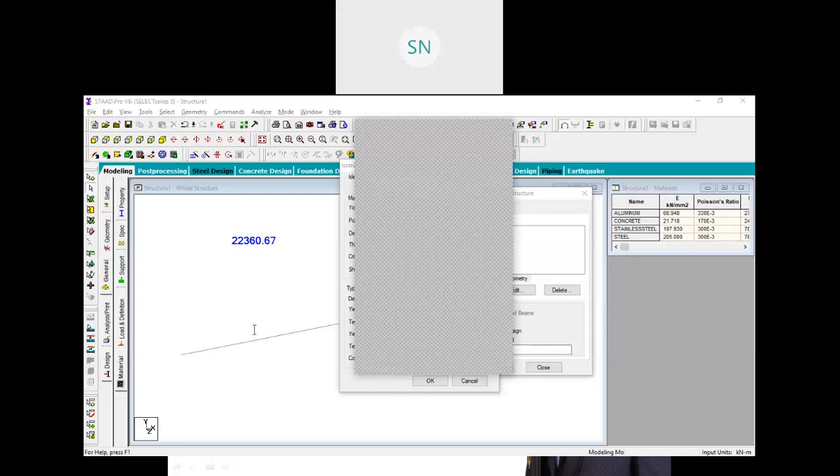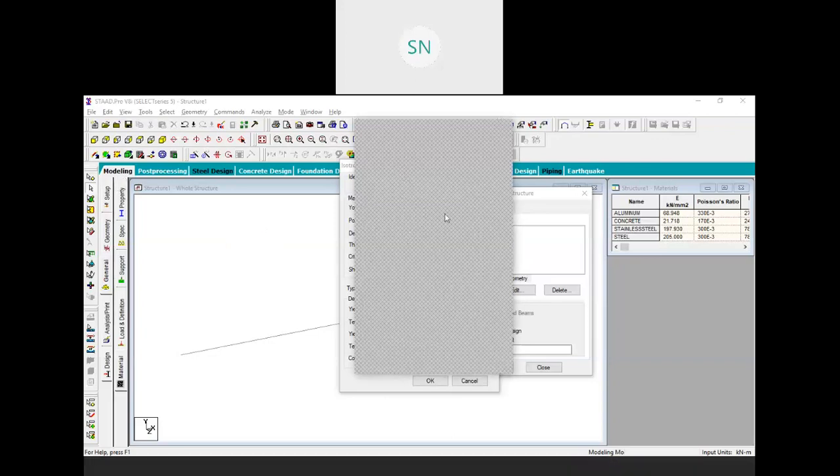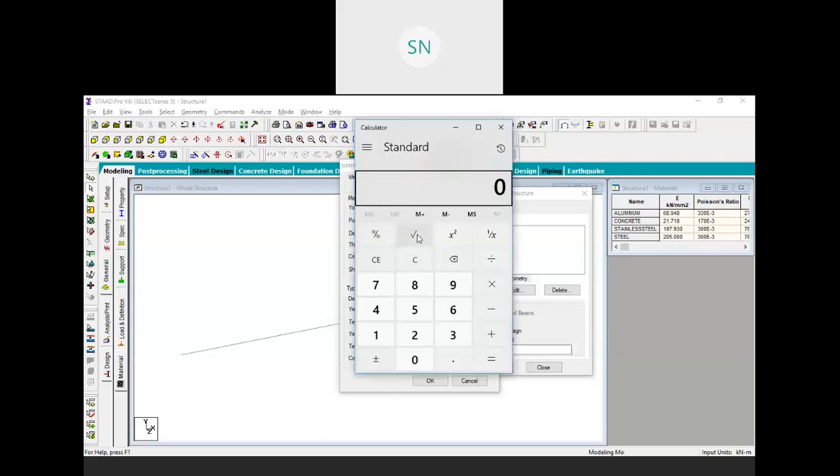So here is my calculator, and first of all, under root 20, then multiply it with the 5000. Okay, so this is our answer as you all said.